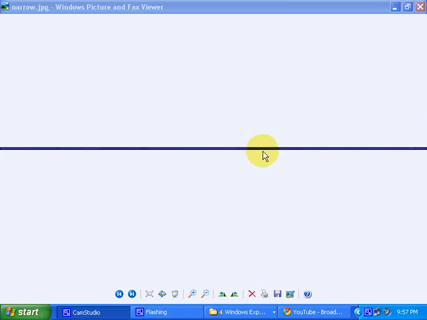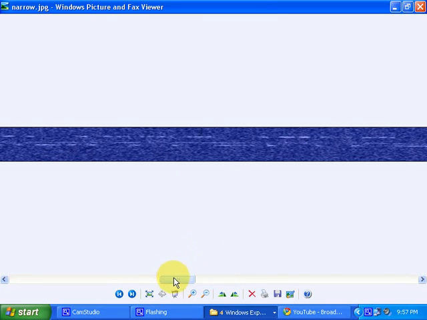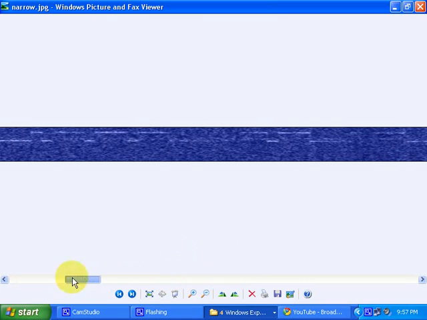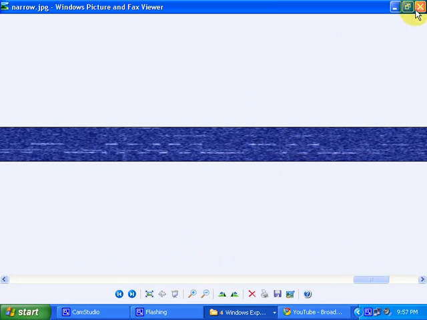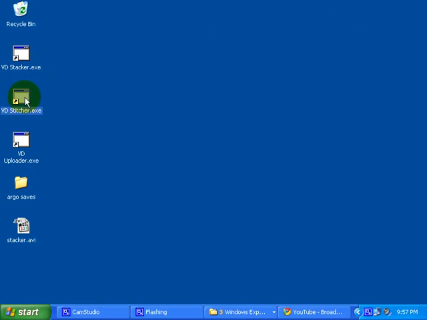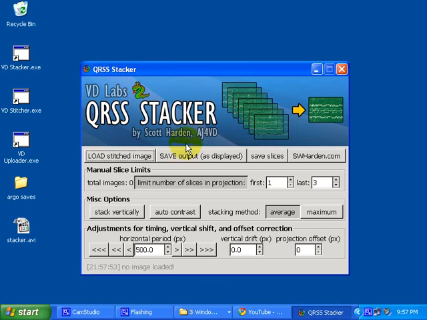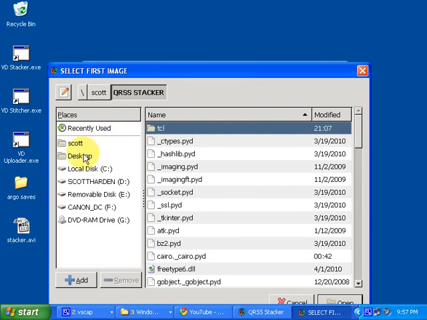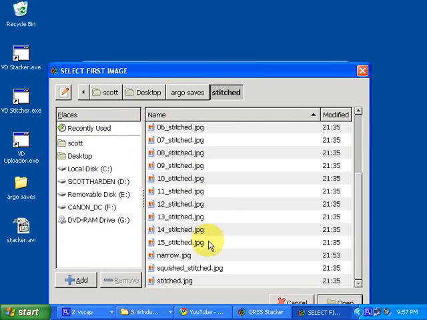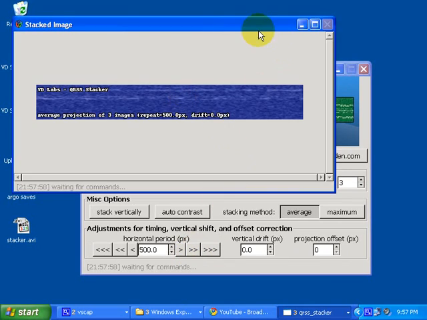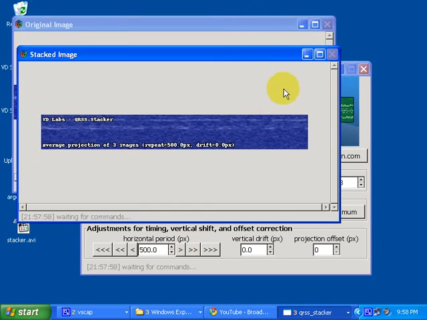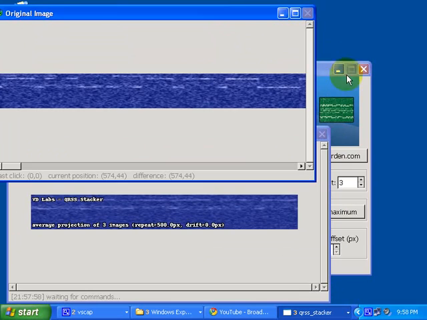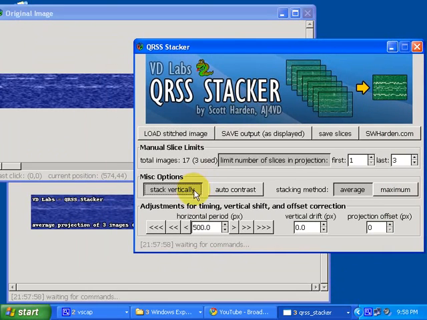This is one of those extremely narrow images I was talking about. If I zoom into its actual size, you can see it's just high enough to contain a call sign, but the image is thousands of pixels in each direction. If I open that image with the stacker, I called it narrow. It's a nice small size, easy to use, and if I use the vertical stack vertically